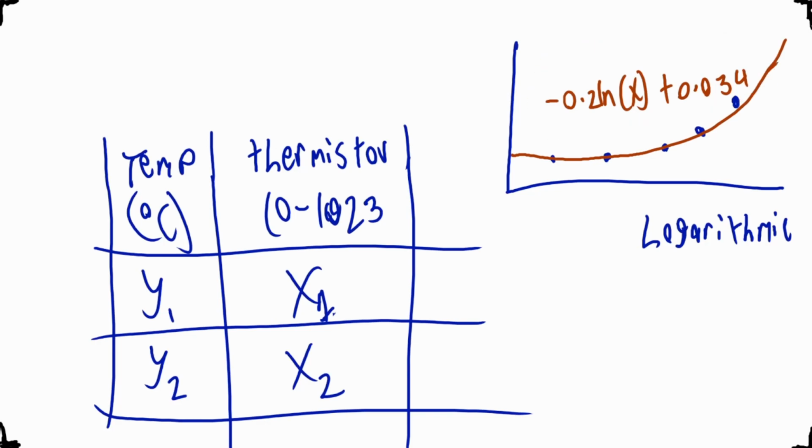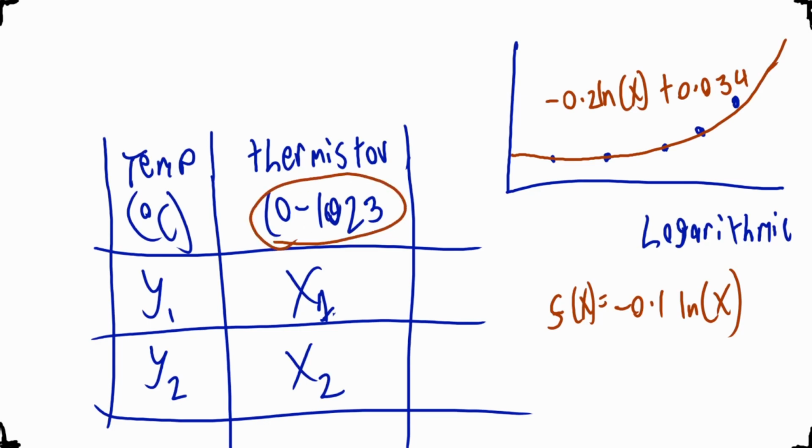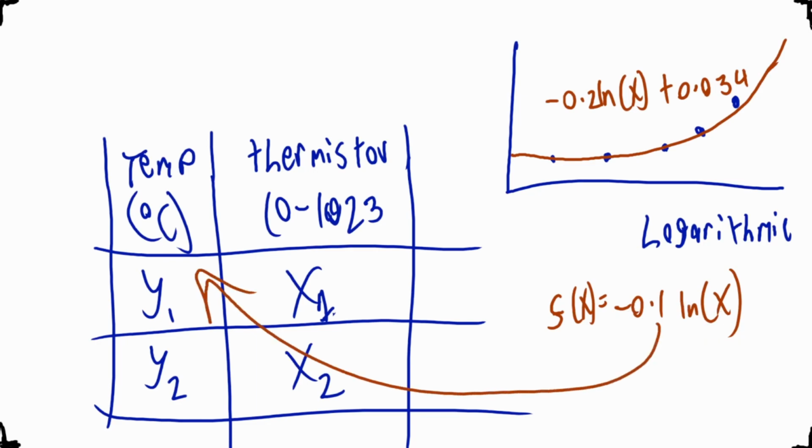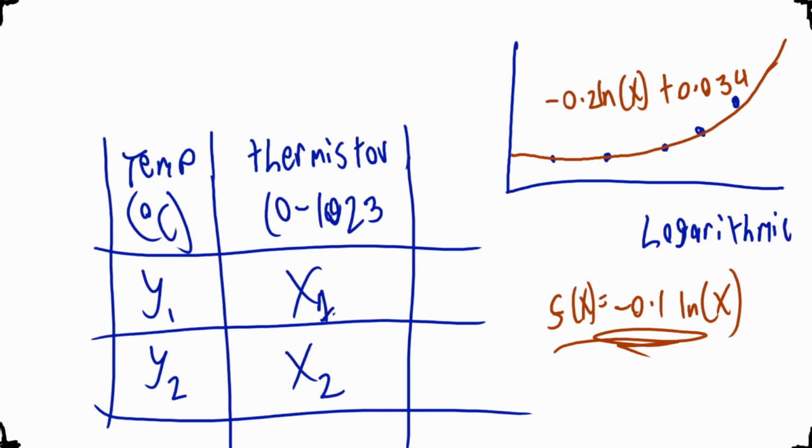Like that is the calibrated function for the thermistor. So now you have your f of x. If f of x is equal to, I'm simplifying it, we'll just say minus 0.1 ln of x, then it means that at any given value between 0 and 1023, if you took that value and put it into the function minus 0.1 ln of x, it would give you back the temperature. That means that this function now has calibrated the thermistor. You can now use the thermistor on its own to have a rough confidence of what temperature